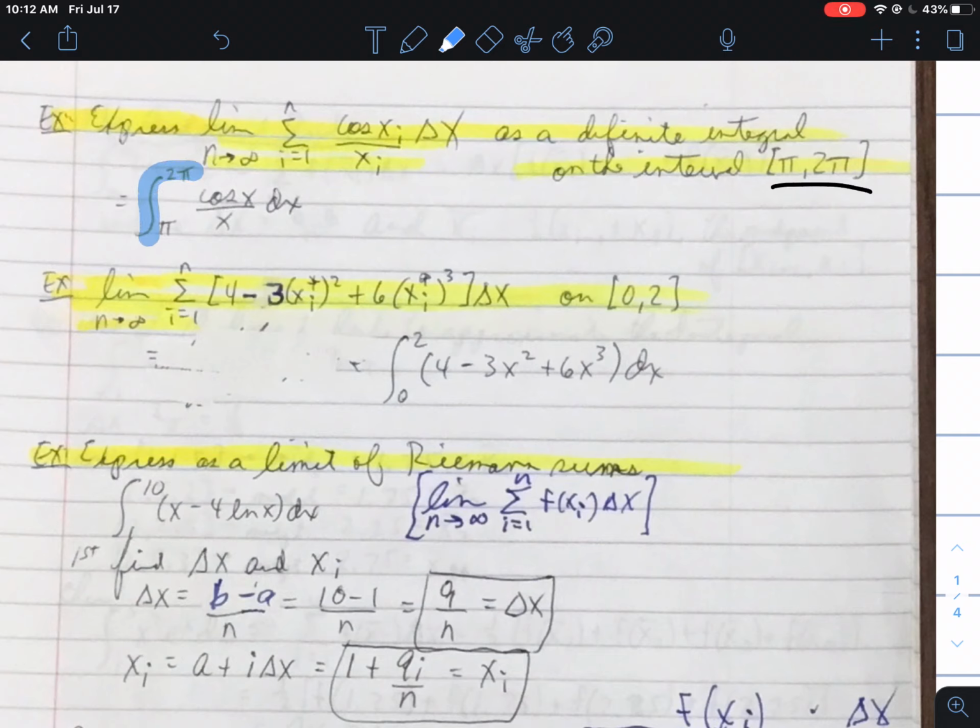All right, so we're given the limits of integration. And then remember, this is an integral of f of x dx. Well, here's f of x just in terms of x sub i, because of the sum notation where I have to throw in that counter, that subscript. So f of x is simply cosine of x over x. And then, as we said earlier, dx is the same as delta x. All right? So in converting from